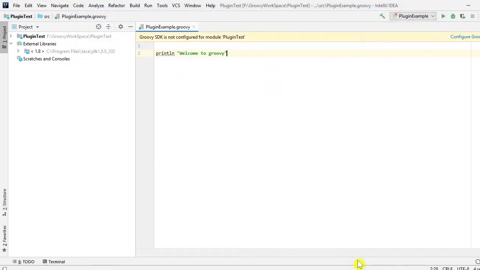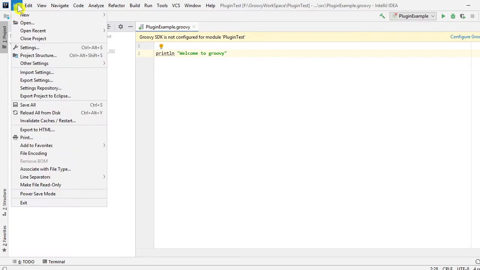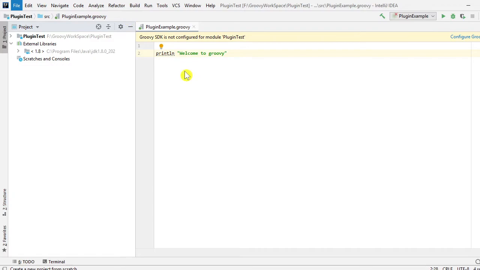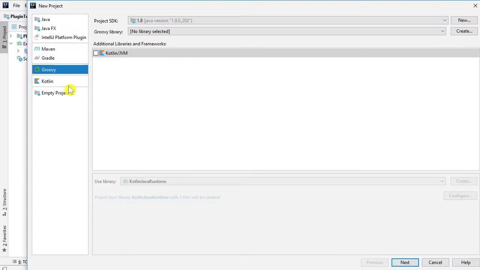Okay, now let us go ahead and create a sample project. For creating a sample project, you need to go to File, New Project option. See here, since the plugin is already bundled with IntelliJ, you can see this option.